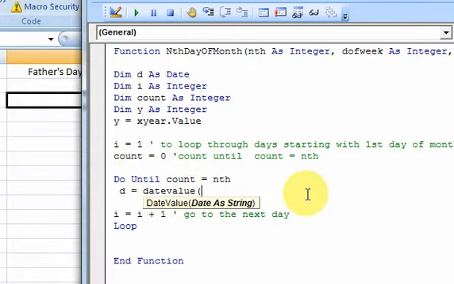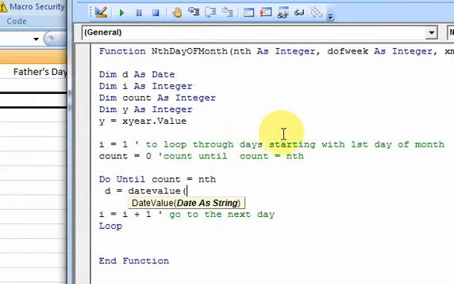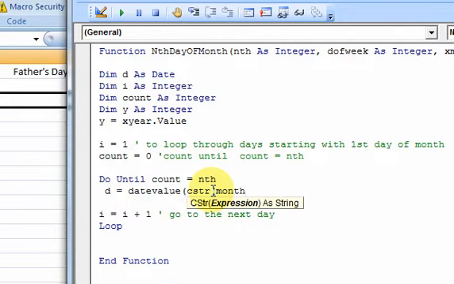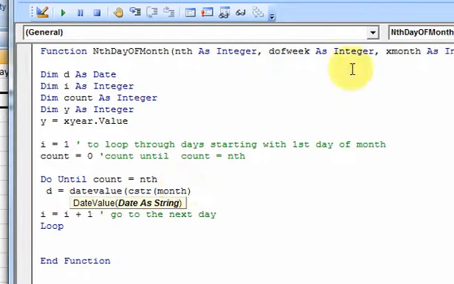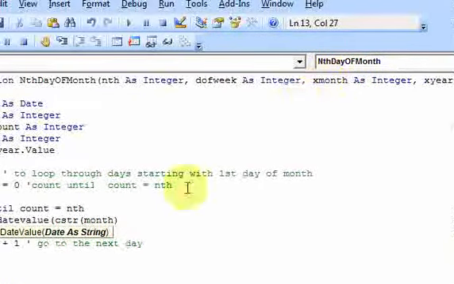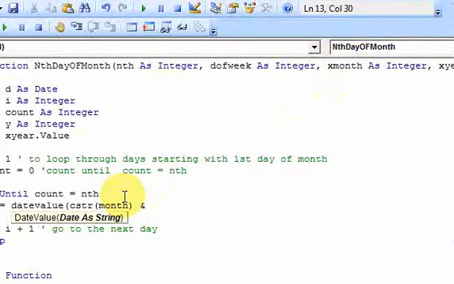So let's turn things that are strings into a date using this DateValue. So how do you do that? We do CStr(month), and that's this month here, the month that we passed into the function, and then we do ampersand "/" and CStr